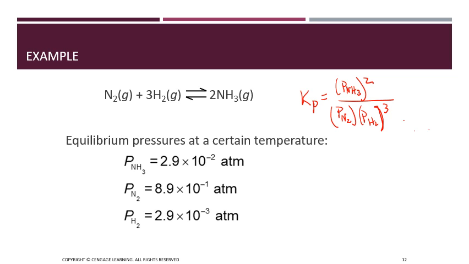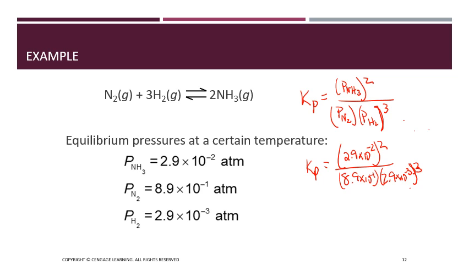I have my values for each of the equilibrium pressures for our reactants and products, so I just plug that into my expression. So I'd have Kp is equal to the partial pressure of NH3, which is 2.9 times 10 to the minus 2, squared, divided by 8.9 times 10 to the minus 1 to the first power, and 2.9 times 10 to the negative third